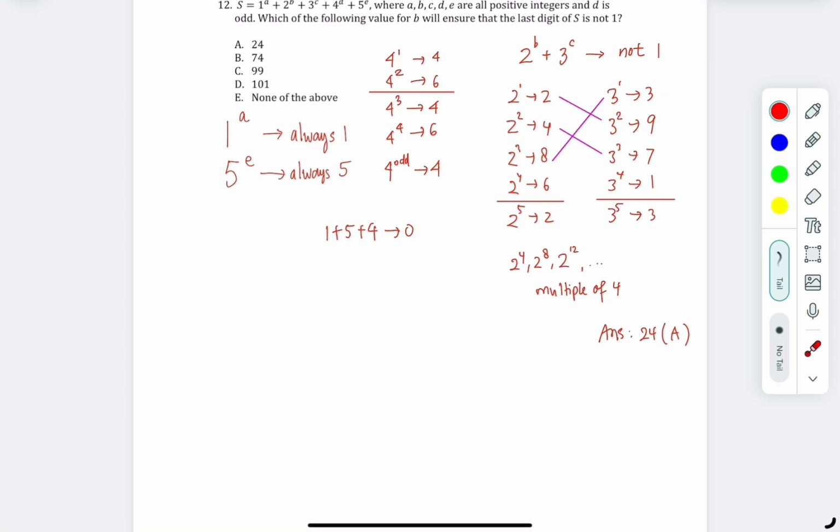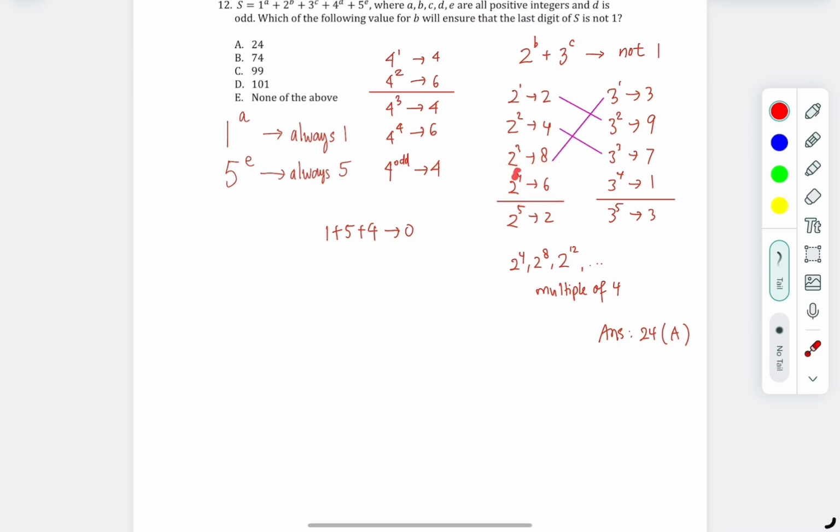So the question is asking us to find out the value of b so that it will ensure that the last digit of s is not 1. So let's check for 2 power b. Can I make sure that this last digit is not 1? I cannot, because 2 you might add with 9 to get a 1. Same thing with 4, you can add with a 7 to get a 1. 8, you also can add with 3 to get a 1. 6, you must add 5 to get a 1, but there's no 5 for power 3,